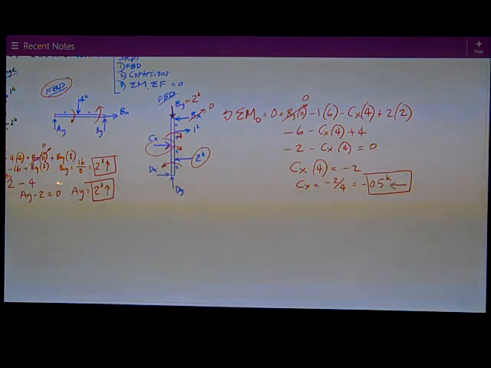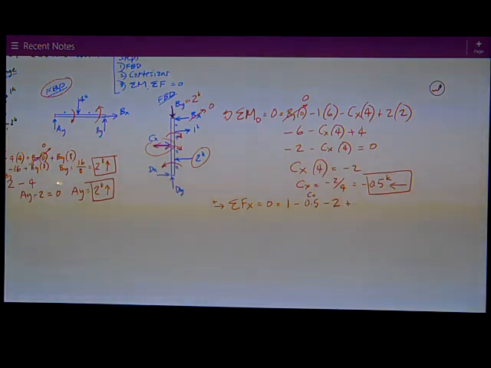Finally, I can do sum of forces in the X while I'm at it. Positive to the right, and I get that's equal to 0. Looking at my free body diagram, BX is 0, start at the top. Then I've got positive 1, and then I need to reverse this arrow before I forget it. It's really going to the left for CX, so it's negative 0.5 CX. I recommend reversing those arrows on the free body diagram, kind of making a note to myself the direction I assumed is opposite. Then I've got negative 2,